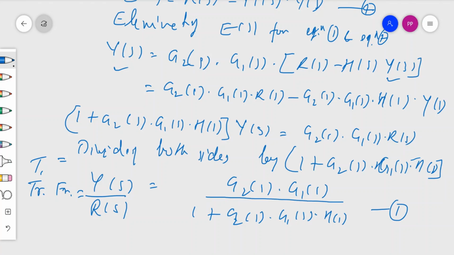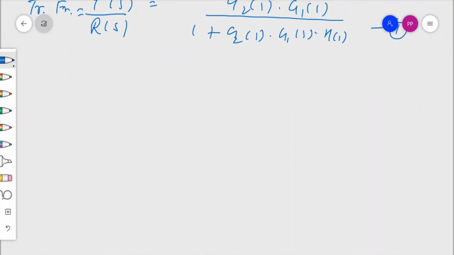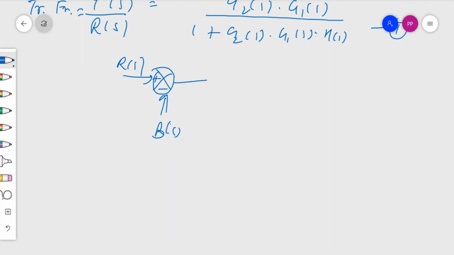So this is the first transfer function, that is from RS to YS. Now similarly you can draw the block diagram for the second case where RS is 0 and QS is non-zero. So let us try the second block diagram. I want to make RS 0. What was there? It was something like this: RS, and this was BS, this was minus, this was plus, and this was the error going to G1S.